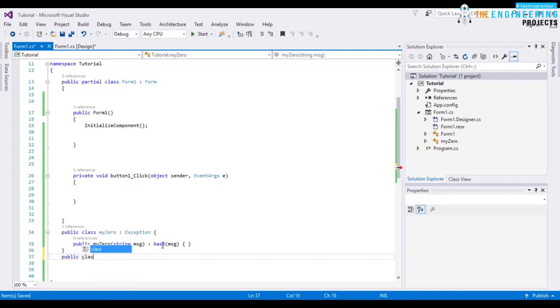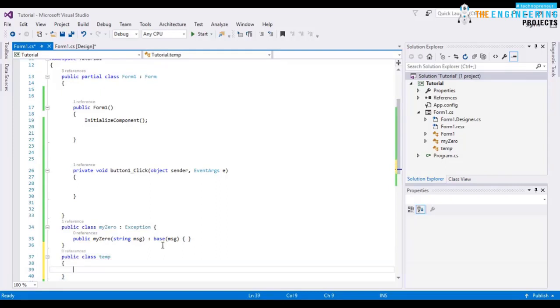I will say again public class, and this class I will create as temp, representing a temperature class. In temperature class I will say int temp is equal 0. So first temper, I will say temper as temperature variable of temp class, and create a method to show the data. I will say public and void show,